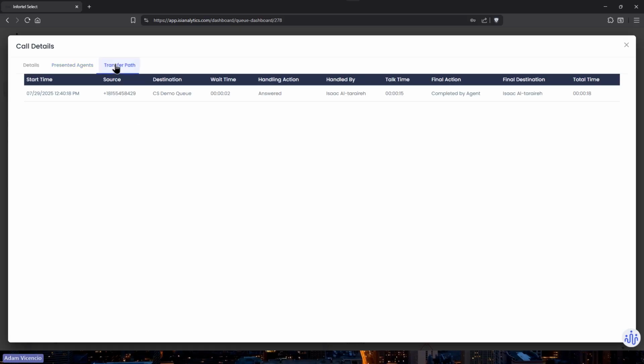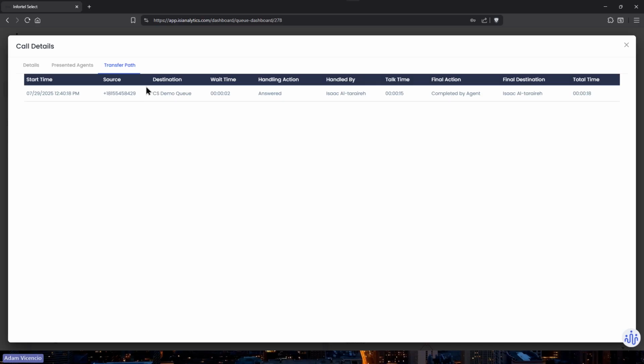And then lastly, transfer path. This is one of the newest features that we have within the WebEx queue detail information, which I always dub cradle to grave. You want to see where they came into the queue and perhaps if they actually got transferred to another department or to another agent or to another queue altogether. So you're going to be able to see if calls are being rerouted more than they should between the different queues.